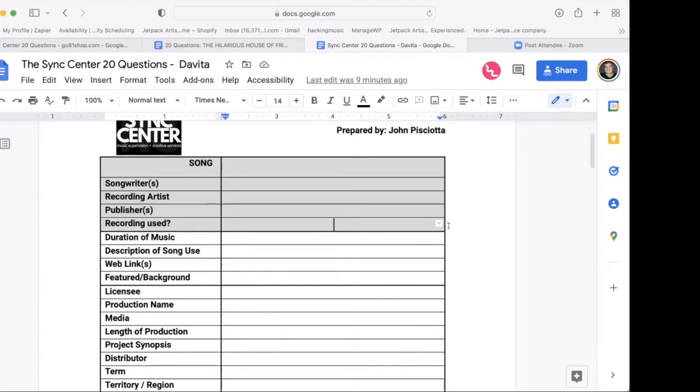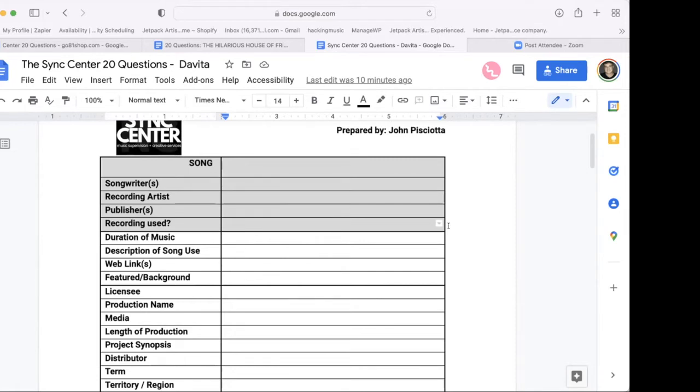So you would be passing this form along to whoever it is, or would you put it in another type of format? Yeah, great question. So say we want We Will Rock You from Queen. All that information goes in here, and then we turn around and we share this document with the people we're negotiating with, publishers, record labels. So again, getting this right makes everything so easy. So much easier. Yeah. There's 0 question marks for the filmmaker. There's 0 question marks for the rights holders.